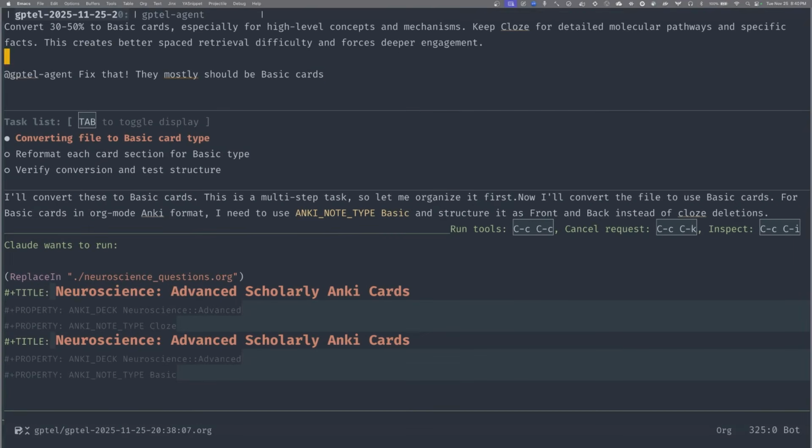So now we have some new things on the screen, and I can show you. It generated a task list, right? Converting file to basic card type. So it's realized that it needs to do three different things, and it's going to do them in sequence. So it generated a list of tasks that you can keep an eye on to see how much it has done, right? And if you press tab here,